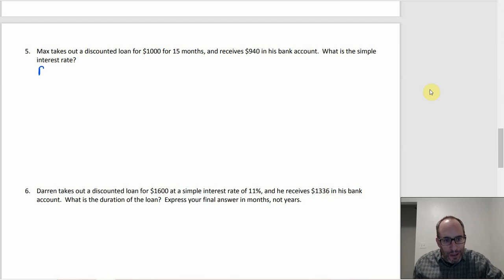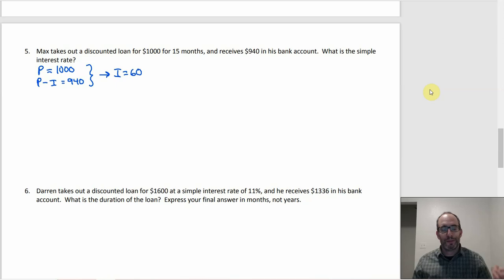Okay, so what are we being given here? We know that P is 1,000, right? Because that's the face value on the loan. And we know that P minus I, what he actually gets, is $940, right? So between those two things, it looks like I must be 60, right? Yep. So that's the amount of interest which we're going to need, because we're going to end up solving for R since we're asked what the simple interest rate is. The other thing is we have the time,